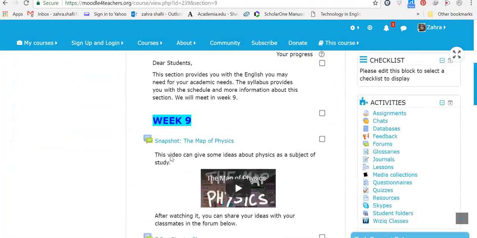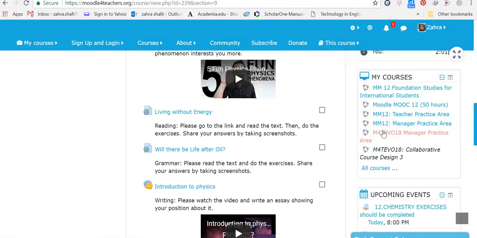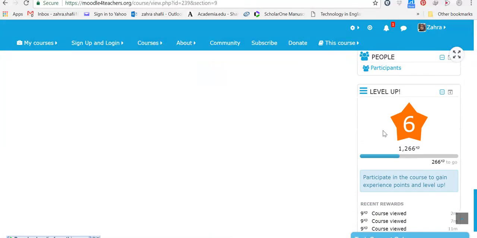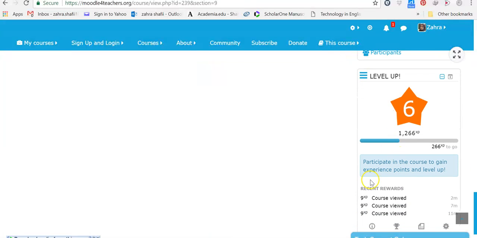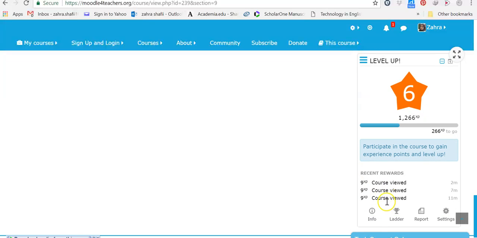Well, as you see, we've added some blocks here. I added a block about level up. This one shows a kind of competition between students and shows who is first, who is next, a kind of order.